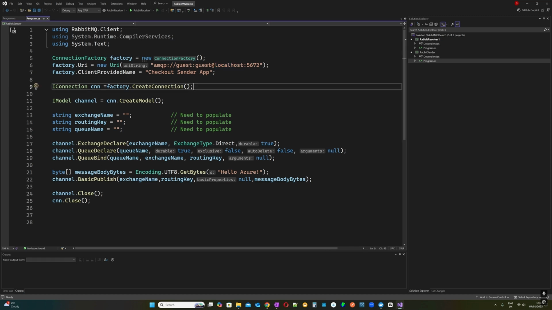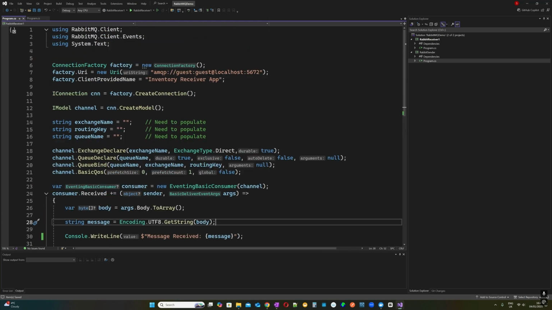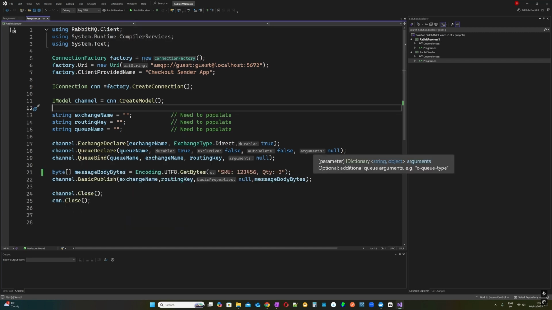And what I've done with this is I've used the scenario of our checkout. So in this instance, we're going to make it a checkout. We can go SKU 12345, and we can say quantity 3, for instance. Our checkout will be sending it, and then our receiver, if we go to the receiver side here, would be basically receiving that message. And we've just got a write line on here of received. And again, we need to be able to populate the username and password and the exchange here. So this is a very, very simple